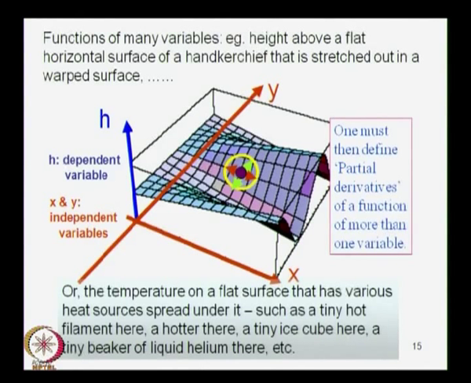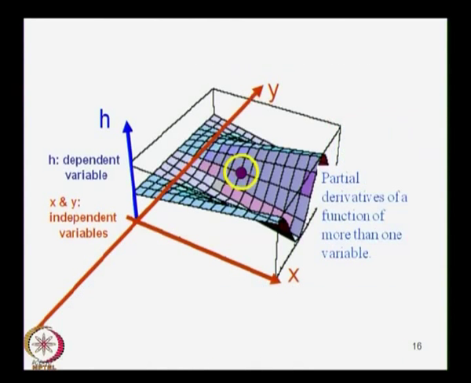So, you will have to consider how much the function changes if you consider displacements either along the x axis, which is shown by this red arrow over here, or by this green arrow, which is the displacement along the y axis, and depending on which direction you are seeking the change in the independent variable, the function itself that you are plotting, the property that you are examining, which is a physical quantity, which could be the height of some point on this surface, or it could be the temperature on a flat surface, or